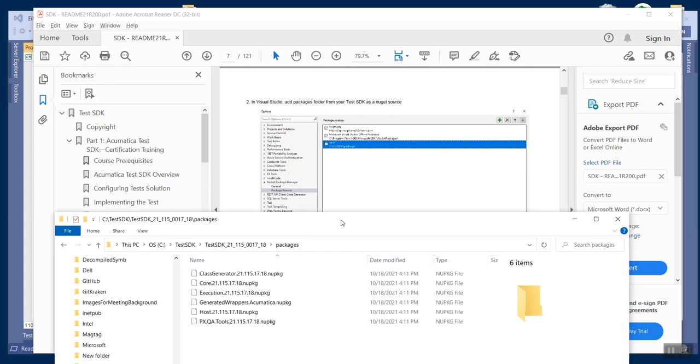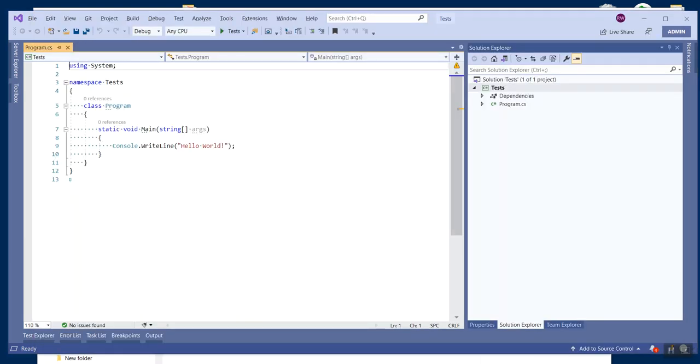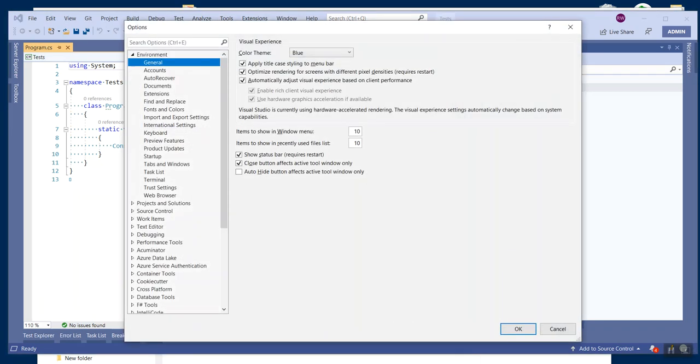We're going to need those for this step. So I'm going to grab that path, and to get to that place, we're going to go to Tools and Options, and then